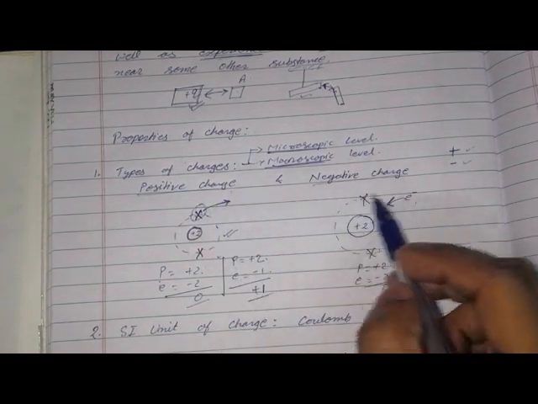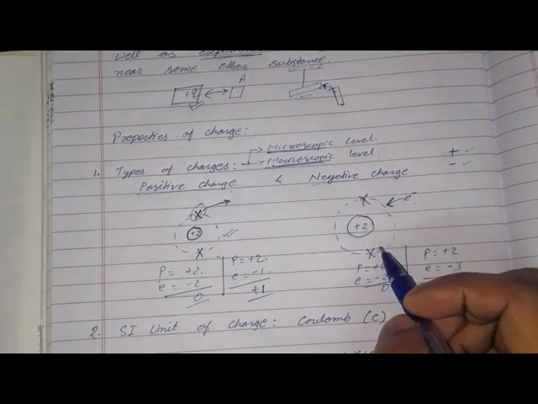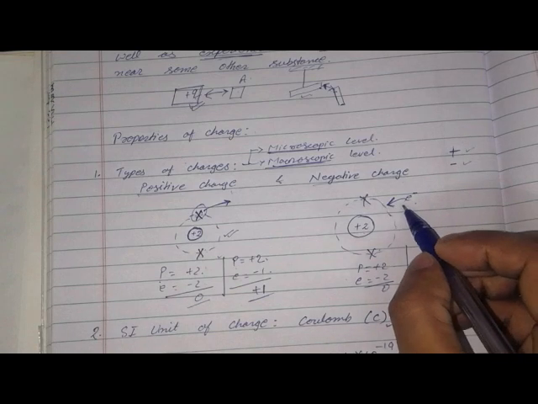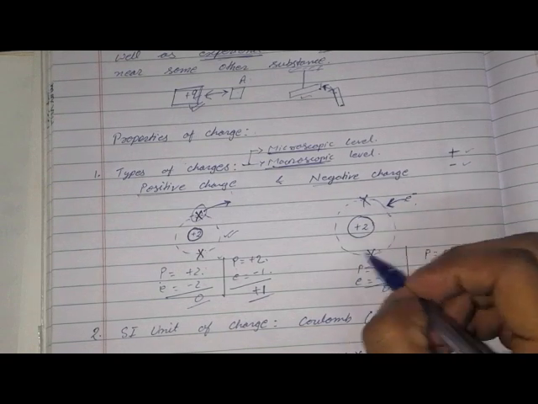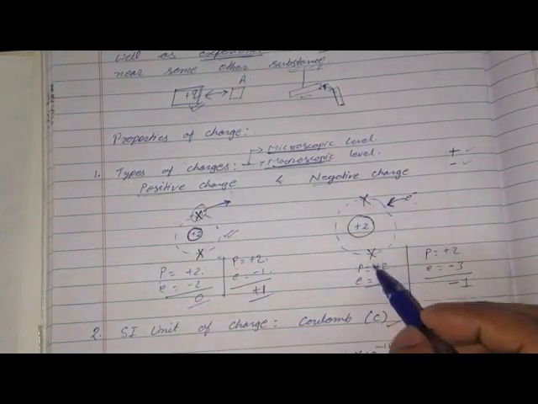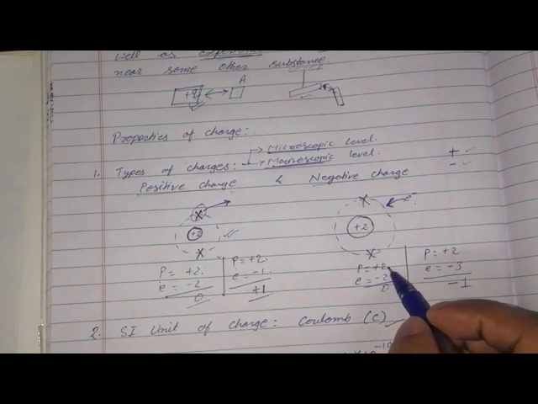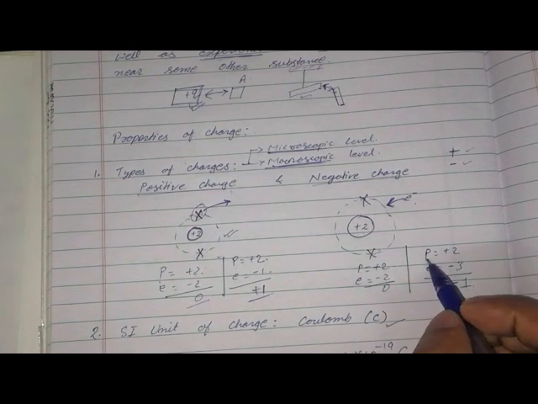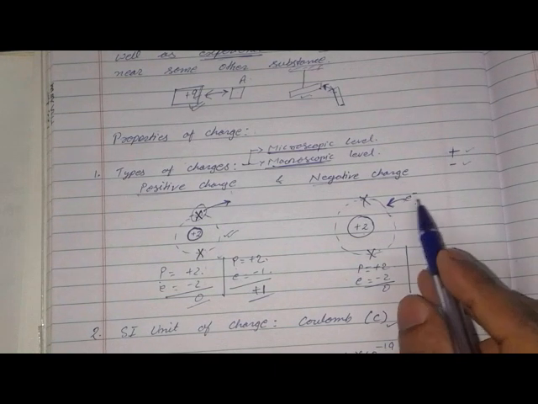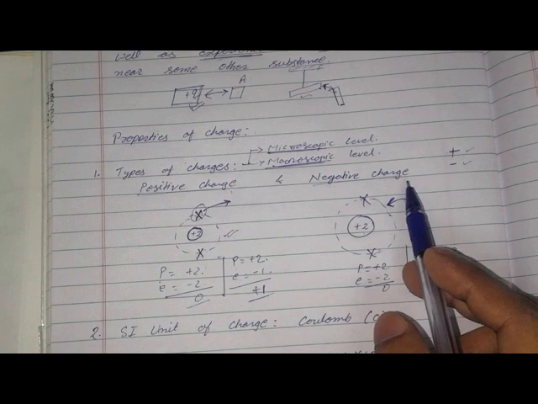Now see how negative charge is formed. Negative charge is formed in a similar way, but in this case, by rubbing, electrons from the other substance come inside the shell of this atom. The protons will be at plus 2 and electrons at minus 2 initially, so the initial condition is 0, but finally the protons are plus 2 only, but electrons have increased to minus 3. So the overall charge developed will be minus 1, and hence negative charge is created.